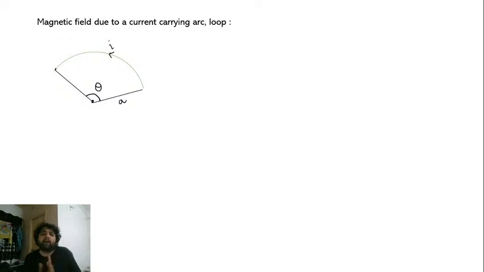Now, due to a loop, we will find the field of a current carrying loop. There is a current carrying loop as shown. This loop is carrying current across the entire thing. If you observe, across the entire loop the direction of current is changing, and as we discussed, we will take direction using the right hand curl method. I'll curl my hand in the direction of current, and the direction of thumb will show you.